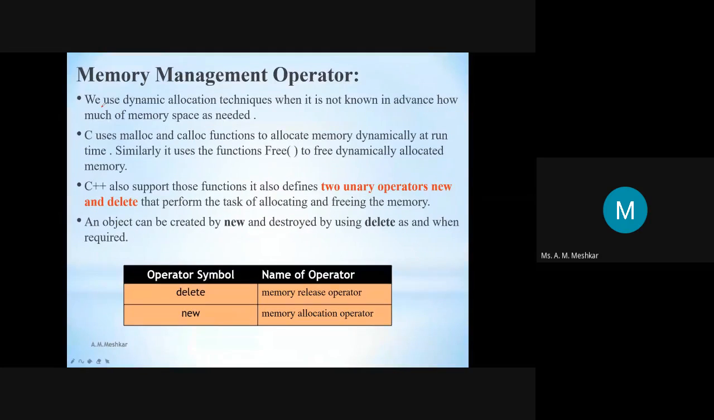मेमोरी मैनेजमेंट ऑपरेटर्स, देखो सी में आप लोगों ने मैलॉक और कैलॉक पढ़ा होगा। तो मैलॉक और कैलॉक जैसे फंक्शन सी में डायनामिकली मेमोरी अलोकेट करते हैं। मेमोरी मैनेजमेंट ऑपरेटर्स किस लिए होते हैं, to allocate the memory dynamically when it is not known in advance। जब हमें नहीं पता कि कितनी मेमोरी